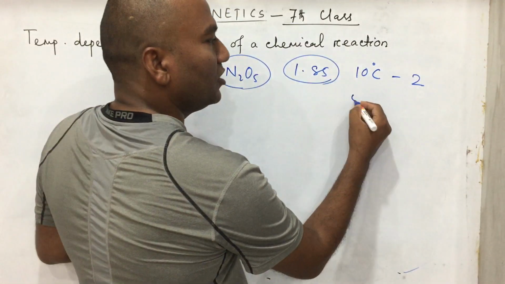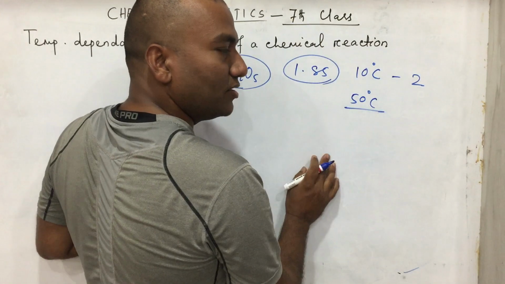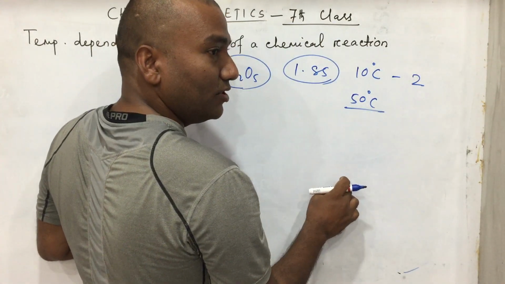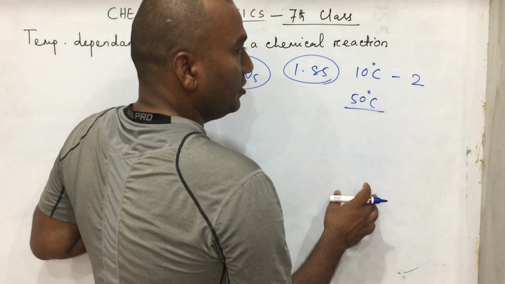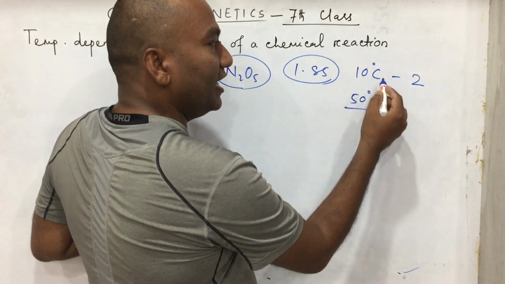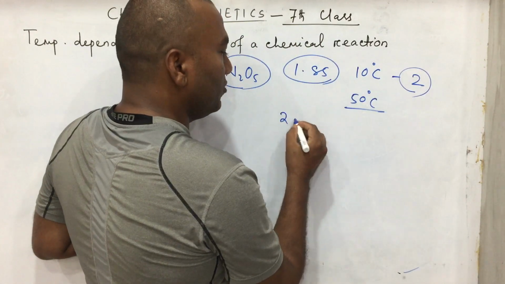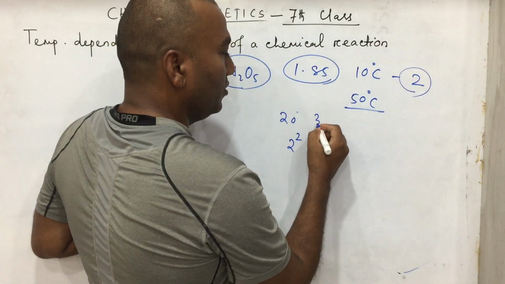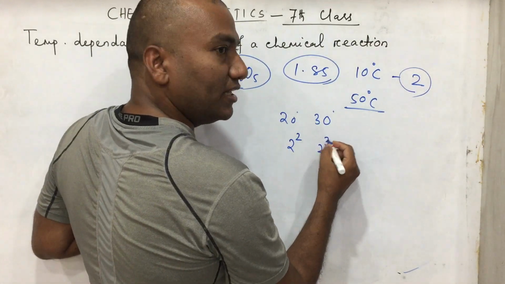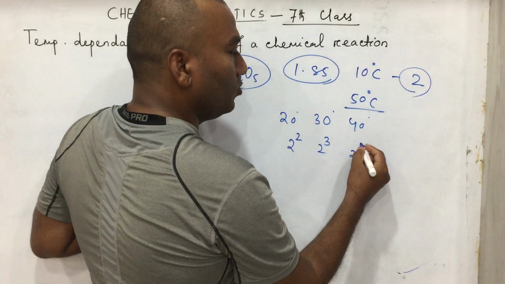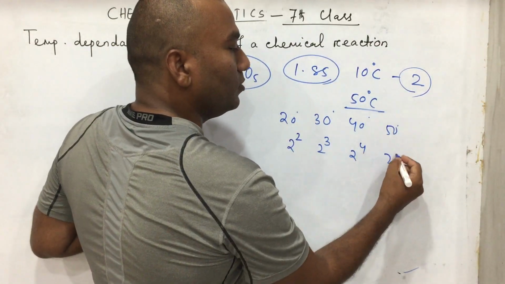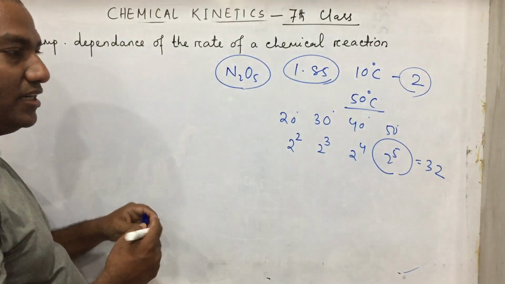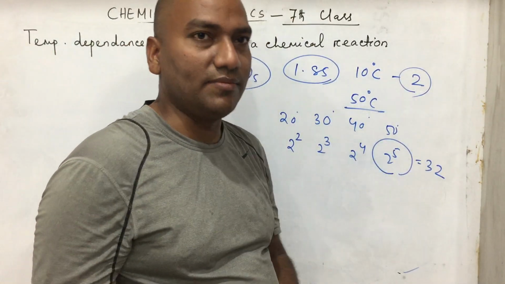If the temperature increases by 50 degrees, by how much does the rate of the reaction increase? 10 times, or is the answer different? You see, for every rise of 10 degrees it is 2. For 20 degrees it is again twice, meaning 2 to the power 2. 30 degrees, 2 to the power 3. 40 degrees, 2 to the power 4. So 50 degrees means 2 to the power 5. That means the rate of the reaction increases 32 times, not 10 times.